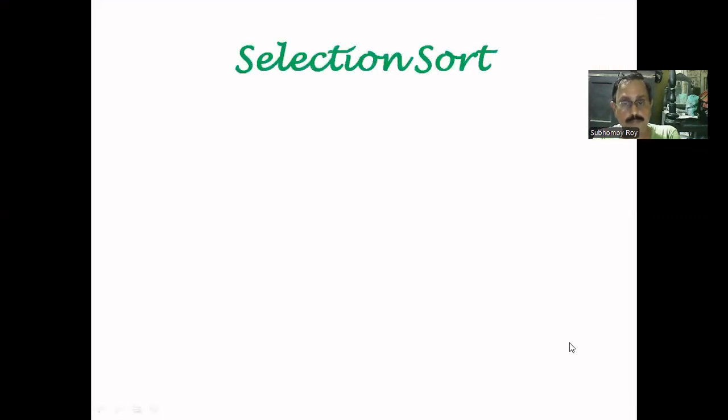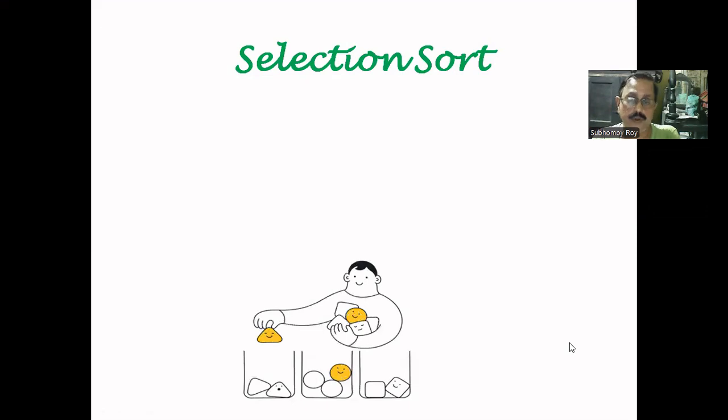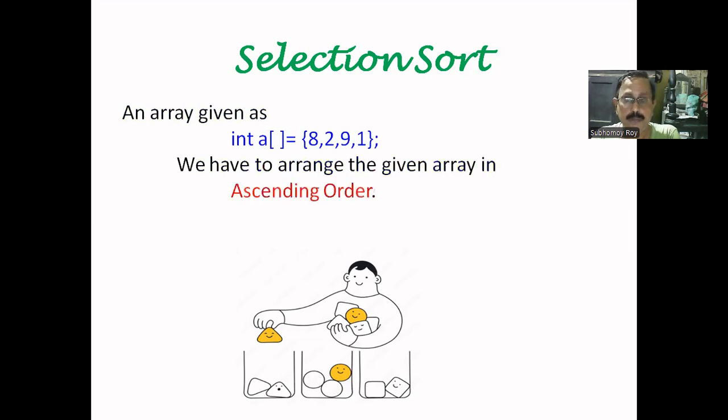Selection sort means we have to select one element and see whether it is in the correct position or not. Simple. If it is not in the correct position, then we have to look for the correct element for that position. Our target is to arrange this given array 8 2 9 1 in ascending order using selection sort. Ascending order means the smallest element will come first and the largest element will go to the bottommost cell or the last cell. Since our target is to bring the smallest element forward, so what we have to do, among